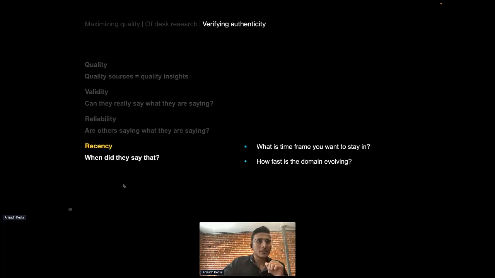And that relates to the recency, right? What is the time frame you want to stay in when you're searching for sources? Based on your domain, it could look really different. In AI, you probably want to stay within the last 2 years to find the most recent findings when it comes to those specific insights. But for generalized human-automation teaming principles, for example, you can extend that time period